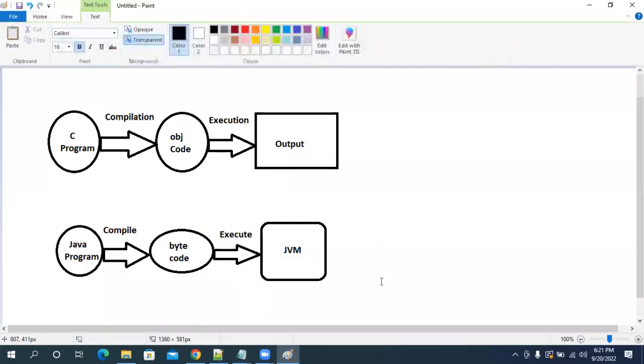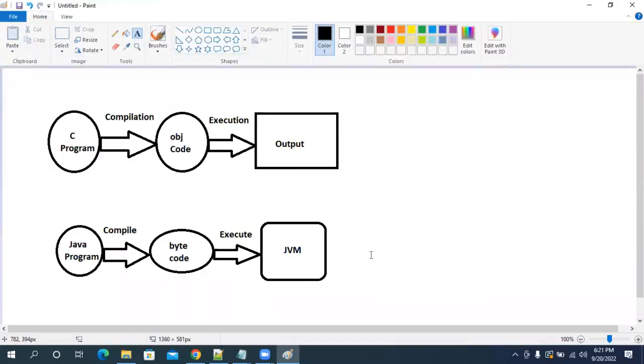Here, our JVM is intelligent. Sir, why is JVM called intelligent? JVM will not execute the program directly. Our JVM will check where you are executing the program. In which machine you are executing the program.